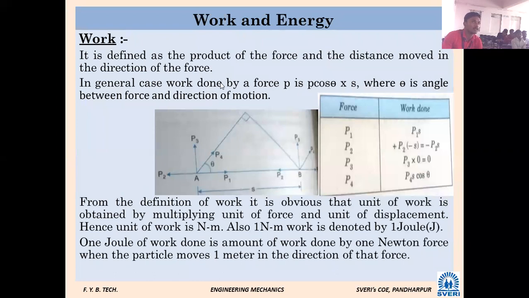Coming back to this work and energy. Very simple terminologies, already you know, maybe from your physics. What is work? It is defined as